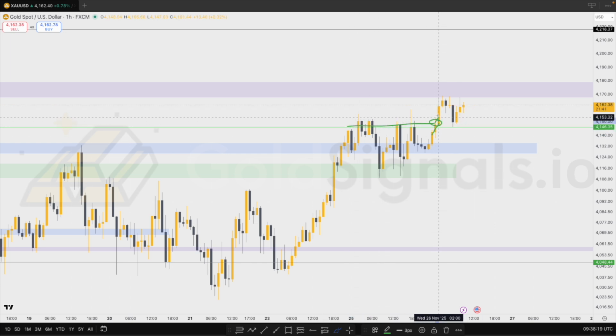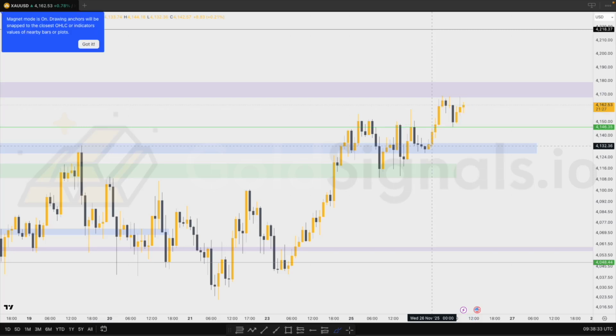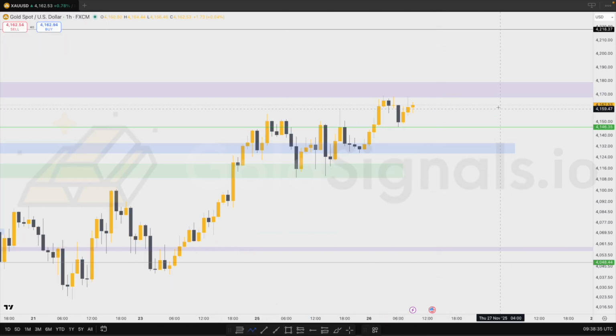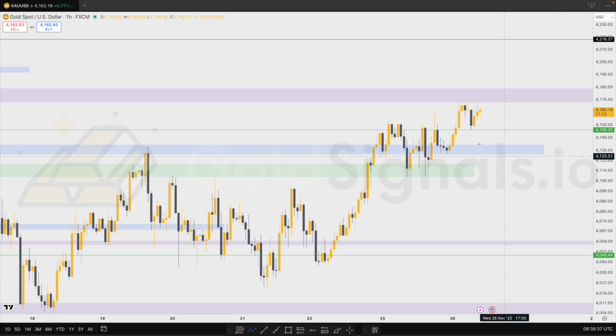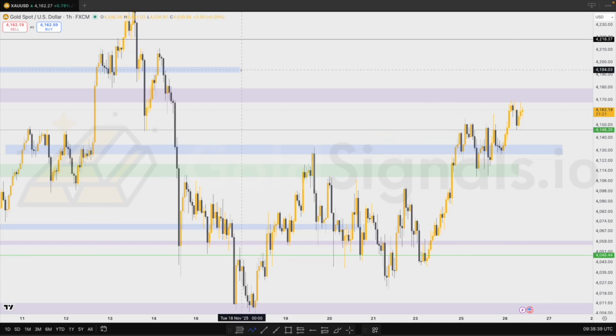So we see our break, and then we see that retest as support on previous resistance. So you can see that price has given us a break and retest pattern on the higher time frame of the hourly as well, indicating to us that we are going to see continued bullish momentum from this level. So with that being said, we are going to expect, and we are going to put our overall bias as